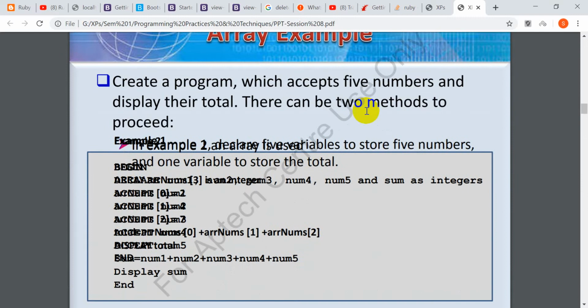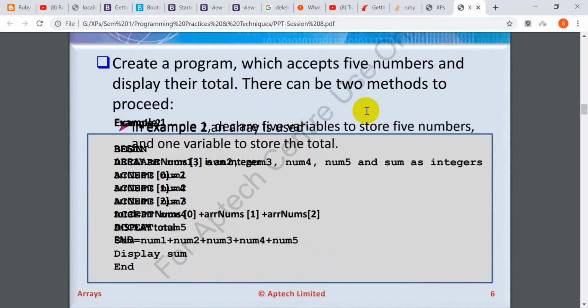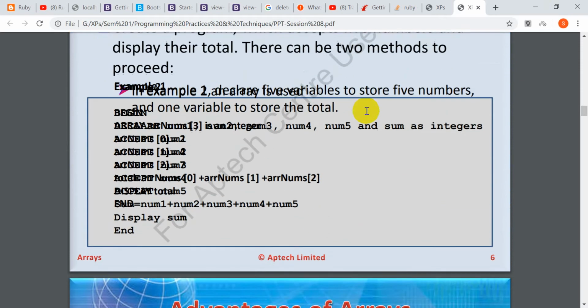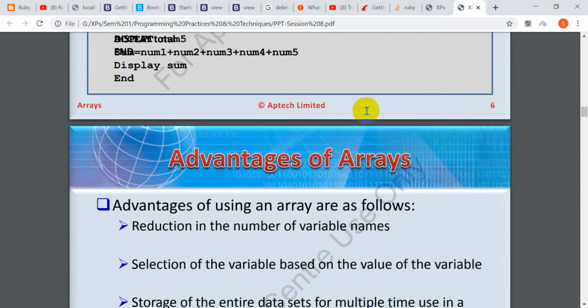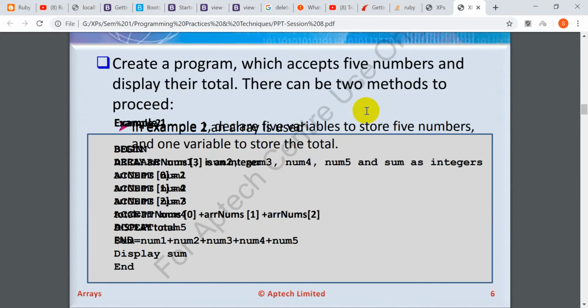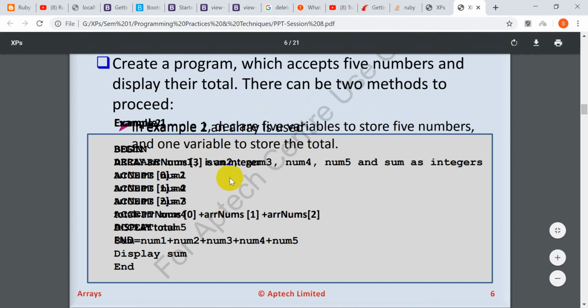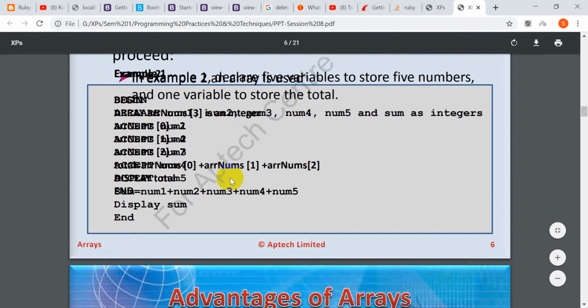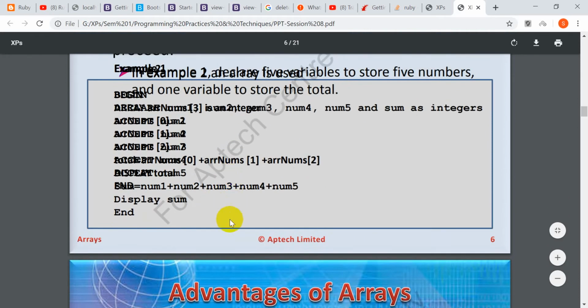Then array example. To begin, one variable to store an array, create a program which accepts 5 numbers to display their total number of an array. So if you want to declare a number array, use array num. Yeah, I'll show you later. So if you want to store array,